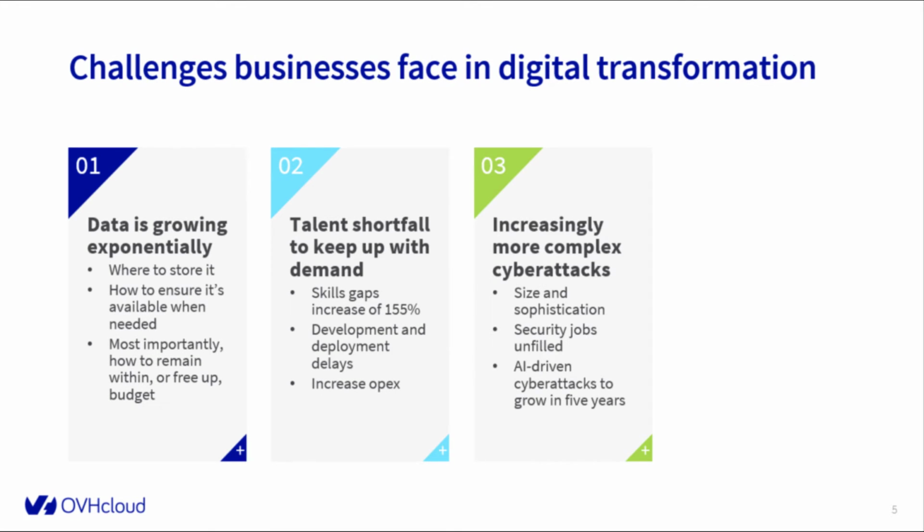Rapid advances in technology might be transforming the way we live and do business, but they're also introducing new and more complex security threats than ever before. The cybersecurity challenge is threefold. Cyber attacks are growing in size and sophistication. Millions of cybersecurity IT jobs remain unfilled. And while next-generation AI-driven cyber attacks haven't featured heavily to date, you can expect this to change over the next